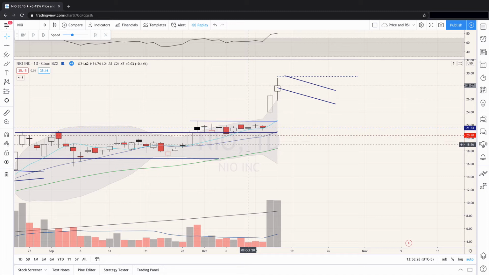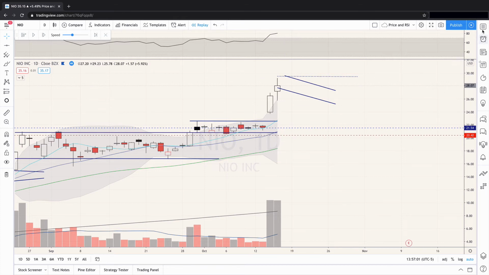Had this broken down, I want to be out. I don't want to sit around here and wait as it consolidates. So that's a look at imposing our underlying logic as a trader in terms of our time horizon, wanting to be in this for a move up and not a consolidation at a lower level. That's our time horizon, imposing this logic on it. And in this instance, I was entering in anticipation of a move rather than waiting for a breakout to occur. And those are your choices. You just simply have to weigh the calculated risk of each one.